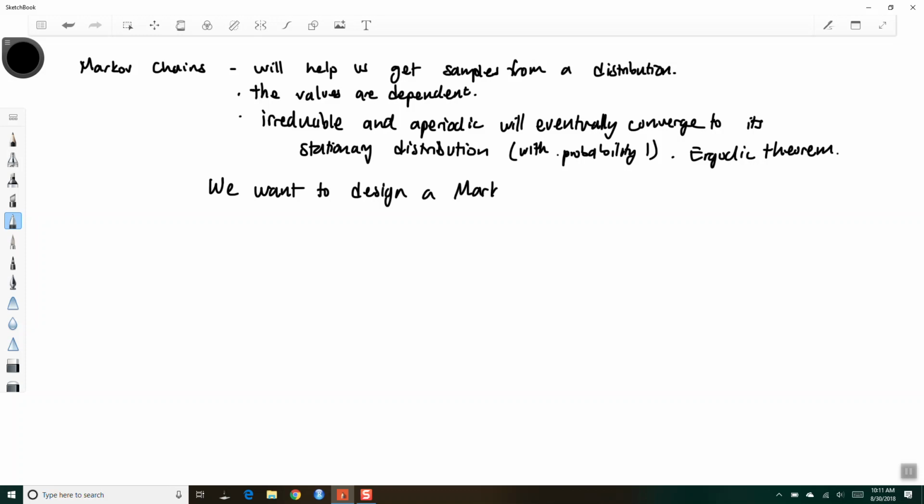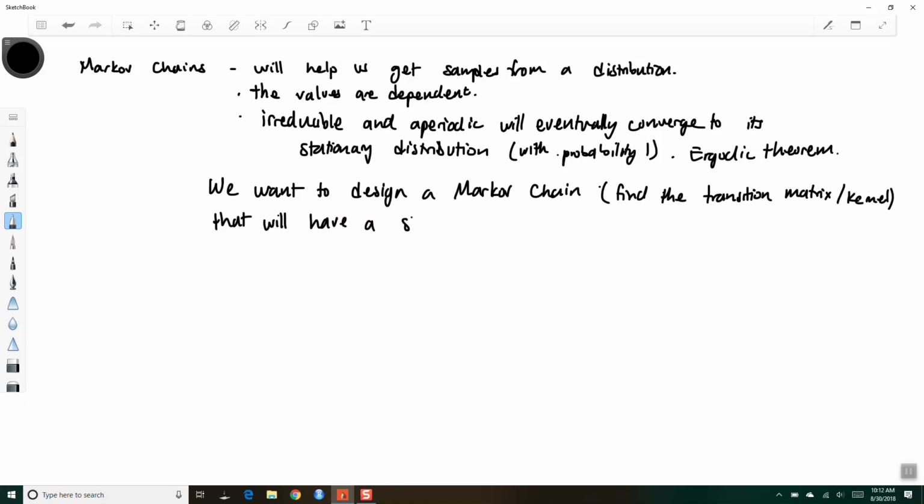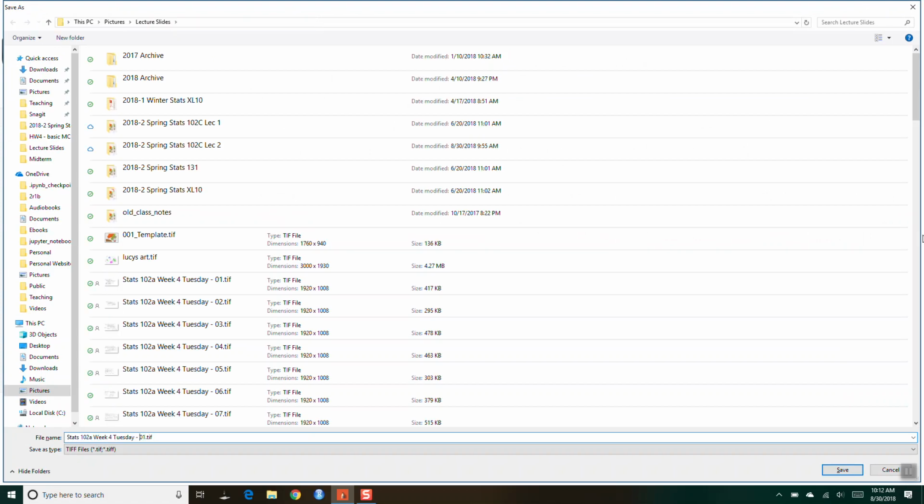When we say design a Markov chain, that means finding the transition matrix, or transition kernel, that will have a stationary distribution equal to our desired target distribution. And we said one solution to this